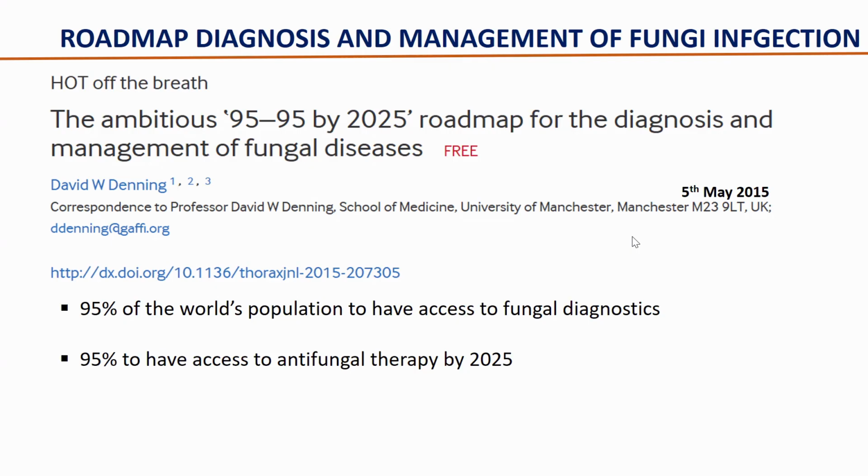But going to the pharmacy, because in the roadmap, we targeted that at least 95% of the population should have access to antifungal therapy by 2025. Looking at our pharmacies, the community pharmacy, the hospital pharmacies, do we have access to all the antifungals, at least the basic antifungal agents, which are needed so that at least 95% of the population who are diagnosed with fungal infection can get access to antifungal therapy? Is that something that we are capable of in our country, in our regions, and in Africa? The answer to these questions is no.